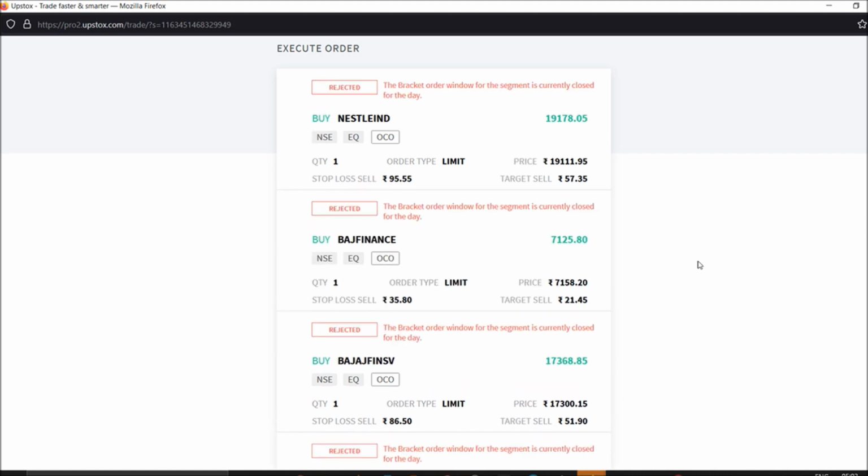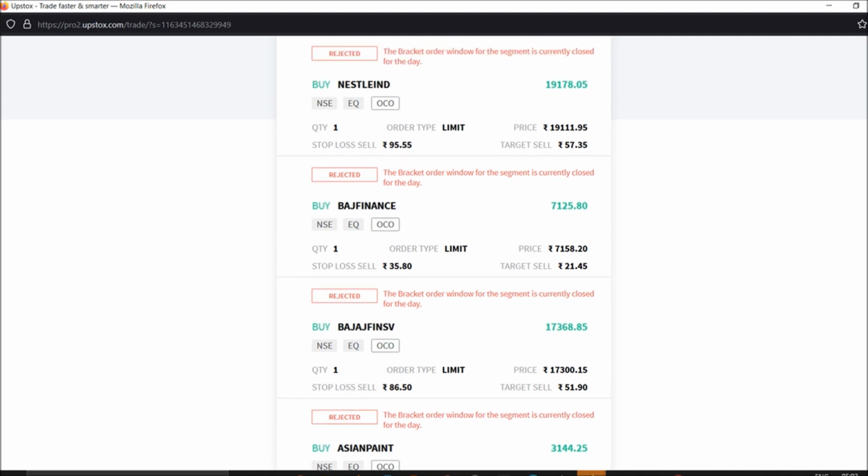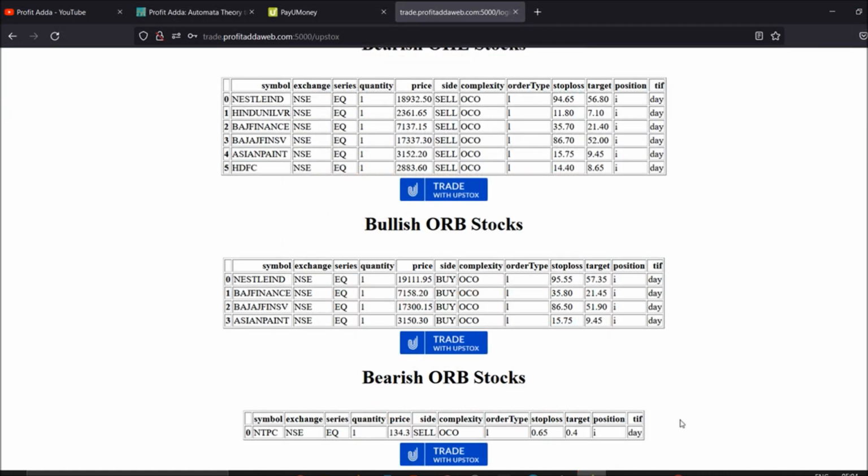Since the market is not available, I'm unable to place the order. But if the market is open, we're definitely going to place the orders, with just a single click. Just give the conditions. Whichever trade you place will be in your broker app, whether on the website or Upstox. The app will list the stocks. Now you can trail the sell, add a trailing stop or anything you want, modify, or delete something, which you can do from your app or website. This is how you can place the orders.